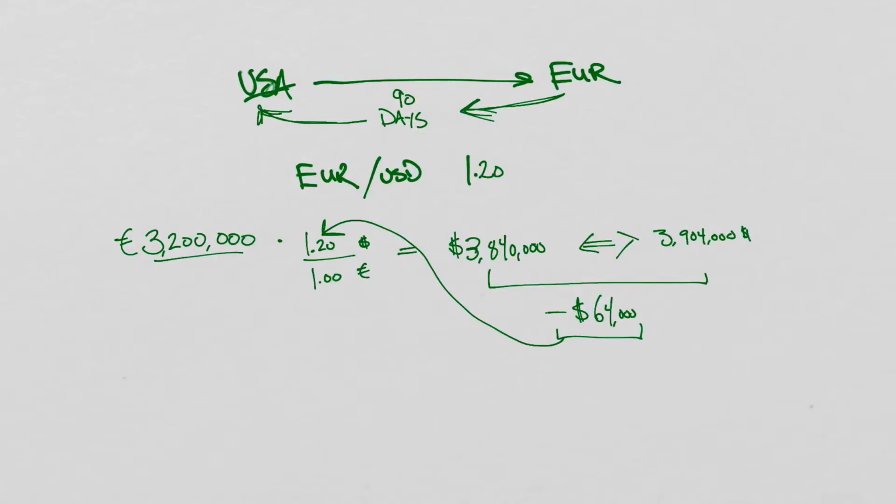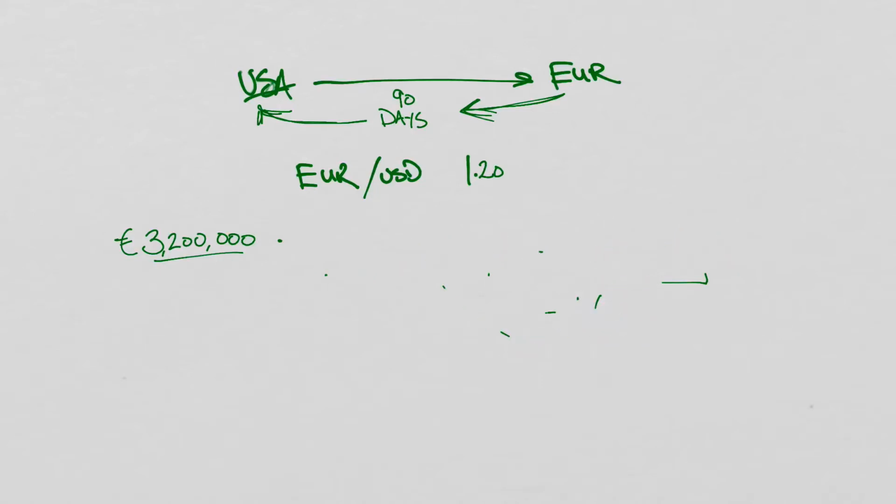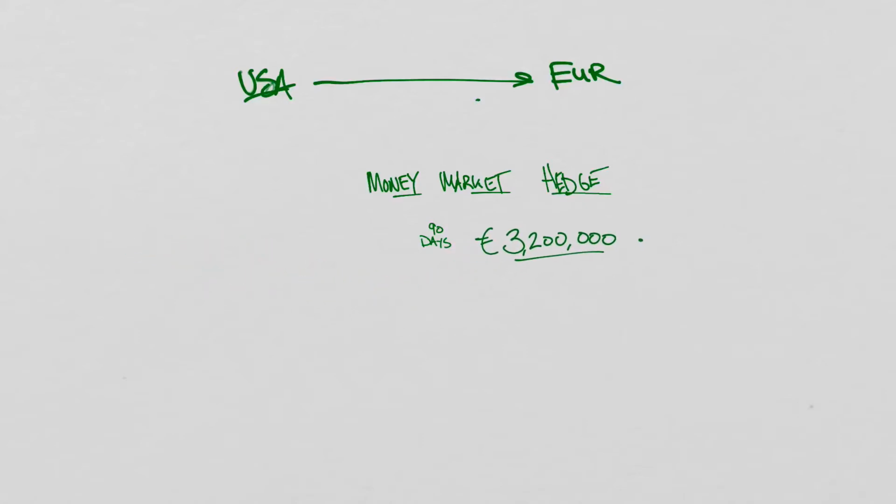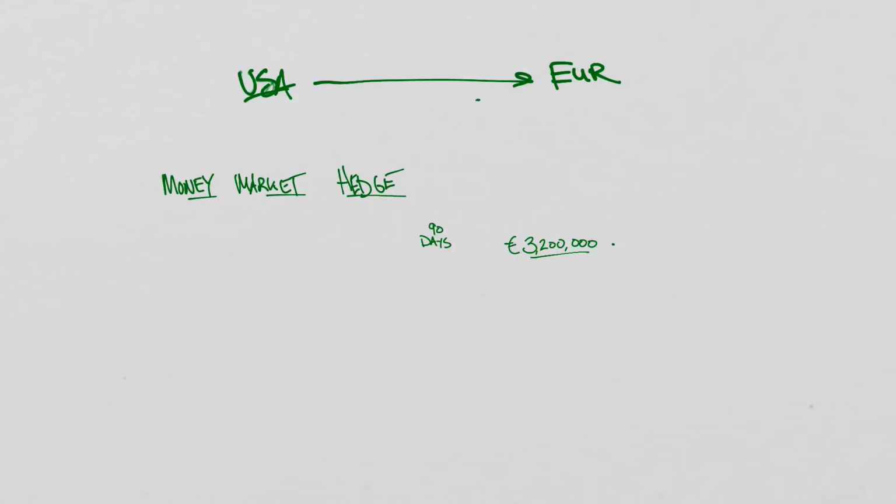And there are multiple ways to hedge this exposure. One way is through something called a money market hedge. Here, the US manufacturer of the semiconductor equipment expects to receive payment in 90 days. That payment is going to be in euros. So in 90 days, they're going to receive 3.2 million euros. And the way that they are going to hedge that with a money market hedge